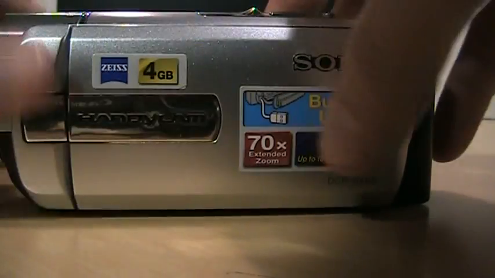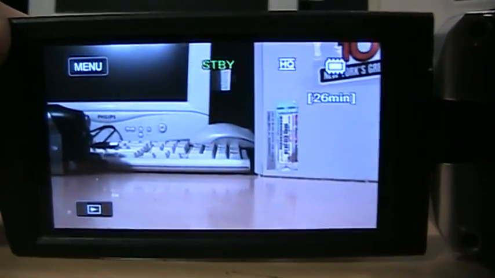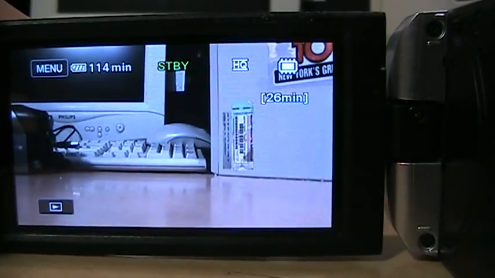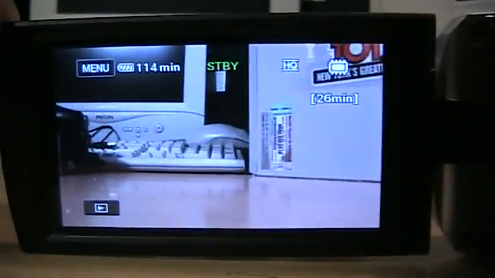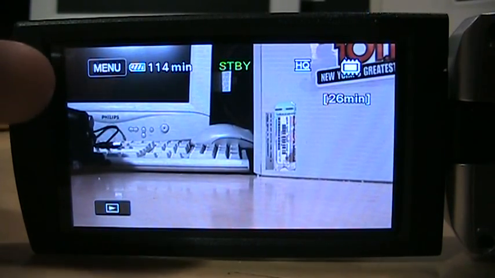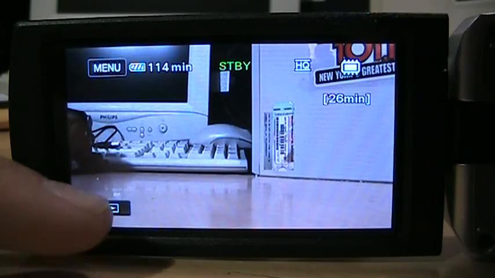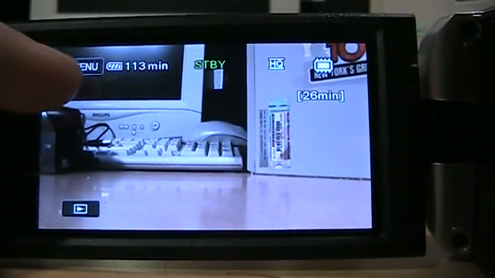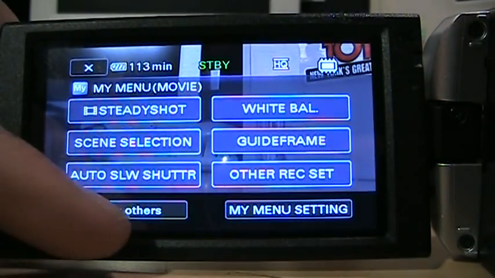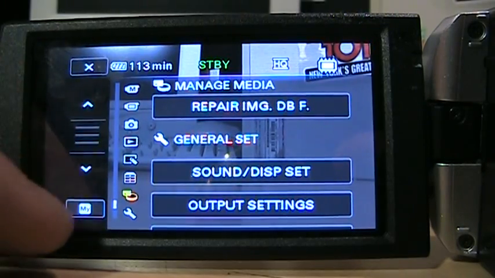Okay, here's a quick overview of the different menu options available in the Sony. This is actually the SX45, the NTSC version. Now, when you first get the camcorder, the default setting is for all these indications to not show up. There's an option for that. First, you want to hit the menu button up here, then show others, and then